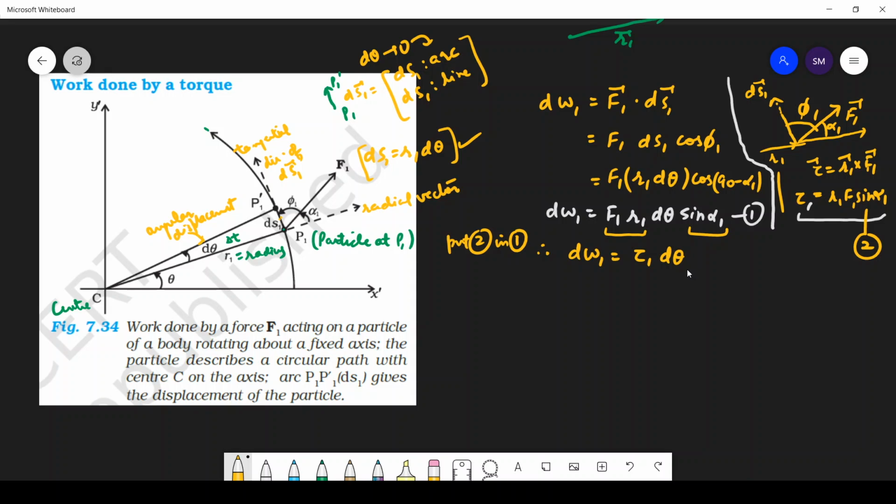Now students, see why we are writing 1 1 1. It might be irritating you, because we are considering only one of the particles. We can take it as i instead of 1. But why am I taking 1? Because I am starting with particle 1 and then particle 2 and then particle 3 and so on. Now if there are not one force, but a lot of forces acting on the body,